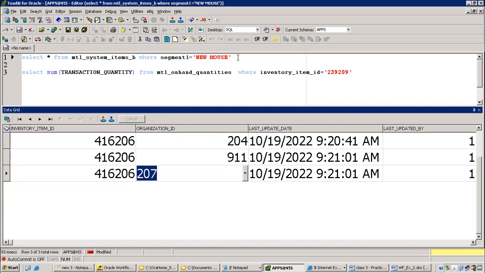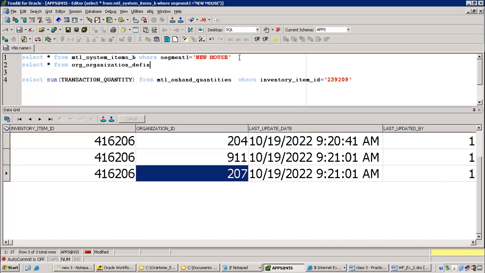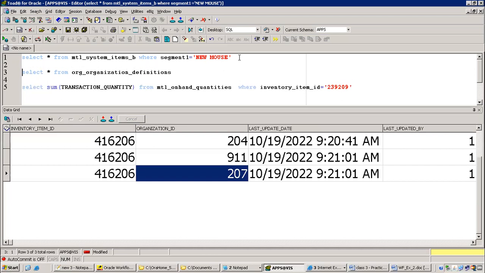Warehouse information is stored in another table. Table names are very important to retrieve the data. That warehouse information is in ORG organization definitions, where